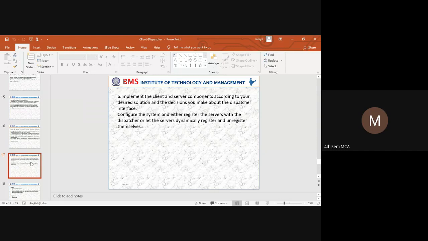So we need to make a decision for the system on how the dispatcher interface should be, how the dispatcher should register the server, and how the server can be unregistered. What type of interfaces the dispatcher is going to use has to be decided.